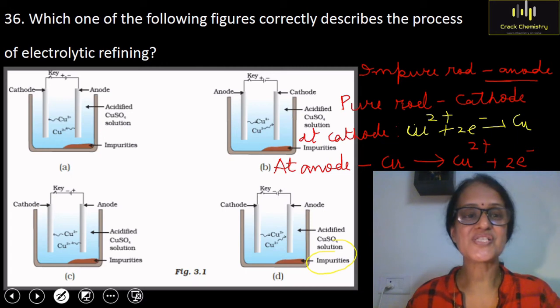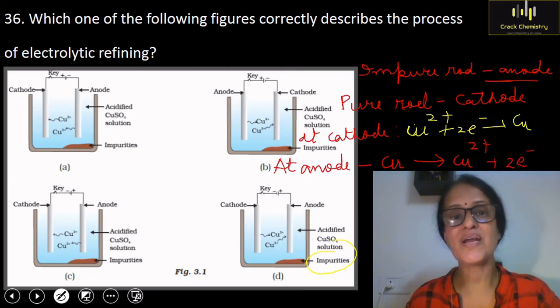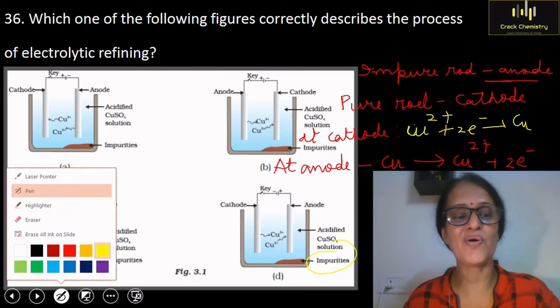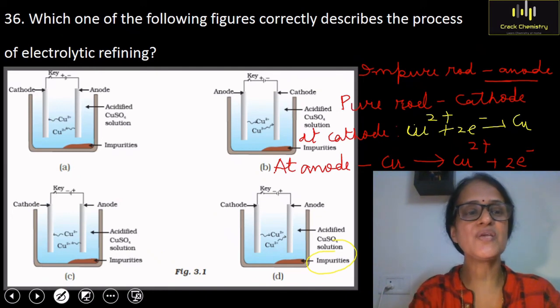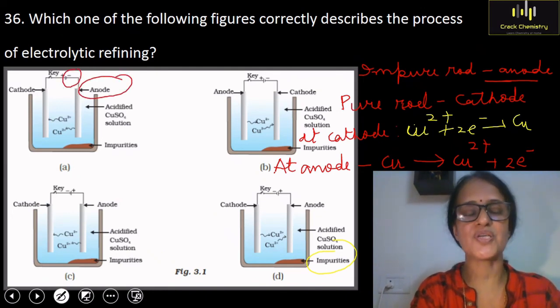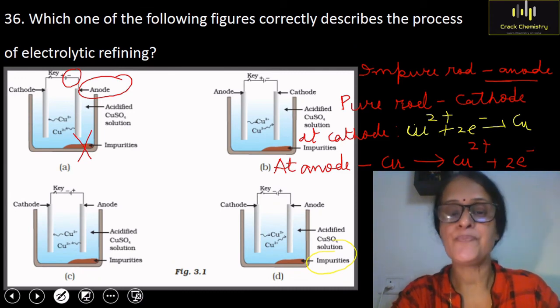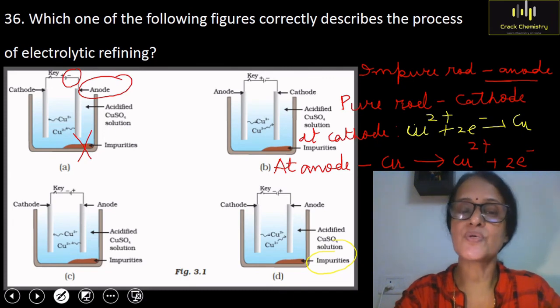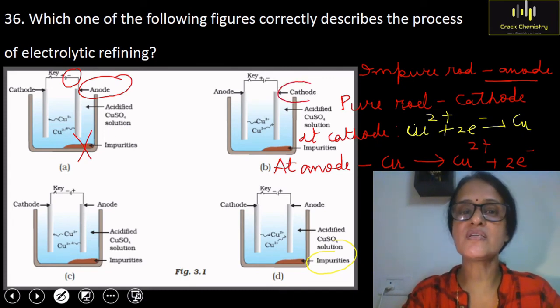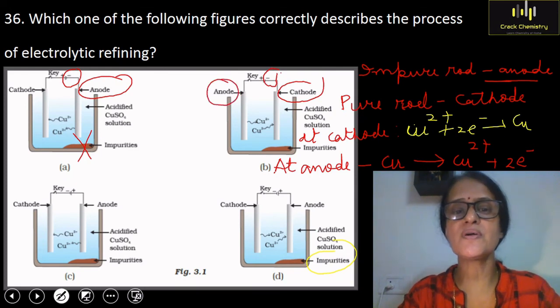So now we will see what is the correct option. One by one we will consider all options. In option A, you can see that the anode has been connected to the negative terminal of the battery. This is a wrong statement because the anode is always the positive electrode. It is connected to the positive terminal of the battery. Now look at option B. Option B shows that the cathode is negative here. So this point is correct. Anode is positive. This point is also correct.